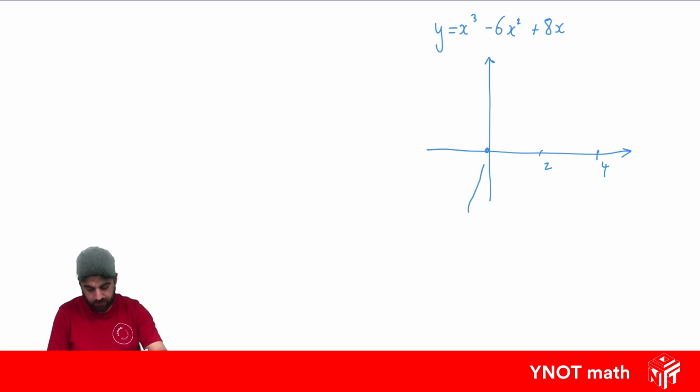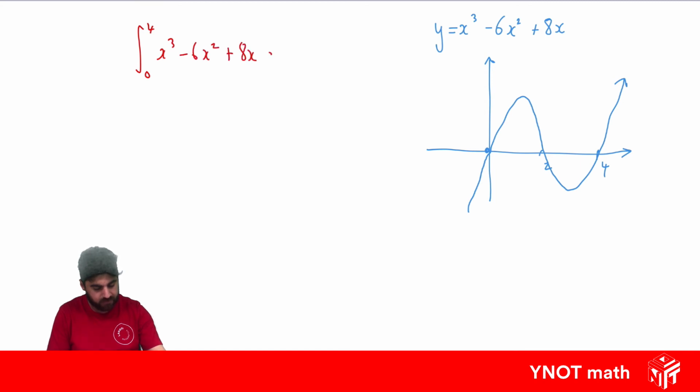And we get a curve that looks like this. And if we were asked to find the integral from 0 to 4 of x cubed minus 6x squared plus 8x dx,